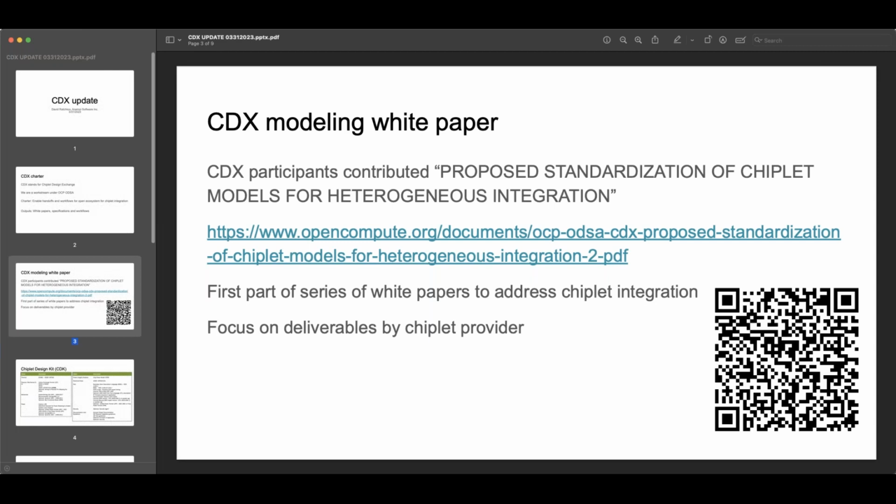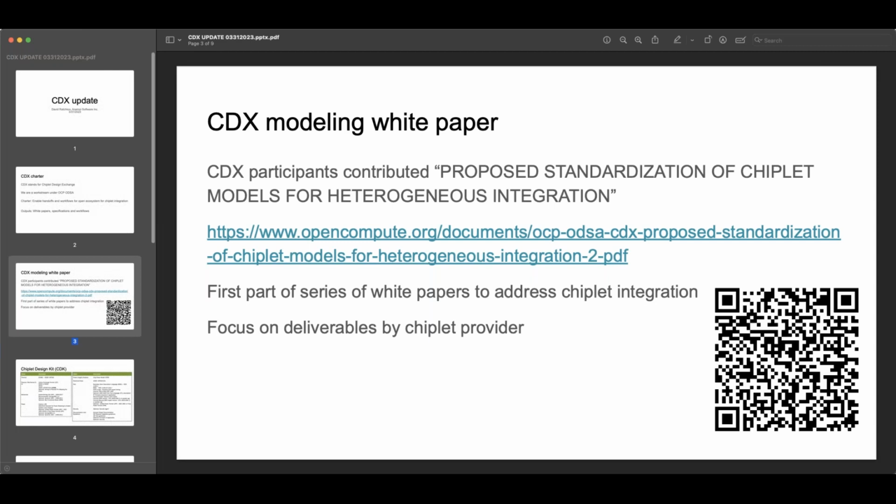What is it that a chiplet provider would need to provide together with its physical chiplet? What models and what kind of specifications do they need to provide upstream to enable integration of chiplets into a bigger system? We call that white paper Proposed Standardization of Chiplet Models for Heterogeneous Integration.